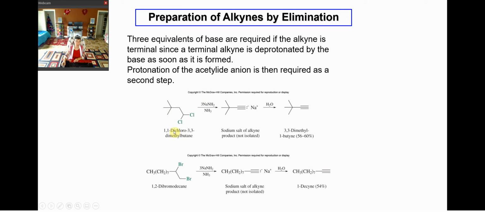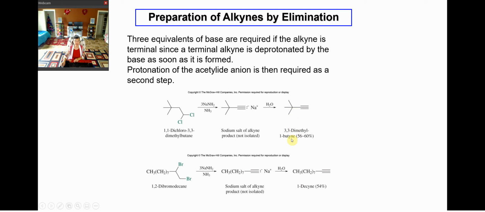For example, if I have this 1,1-dichloro-3,3-dimethylbutane under sodium amide in liquid ammonia, you are going to produce these alkyne products. So you form this kind of sodium salt of your alkyne. This molecule is going to be further subjected to hydrolysis to produce